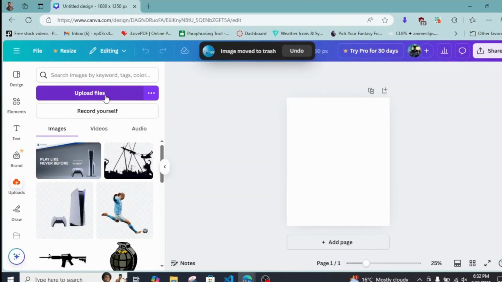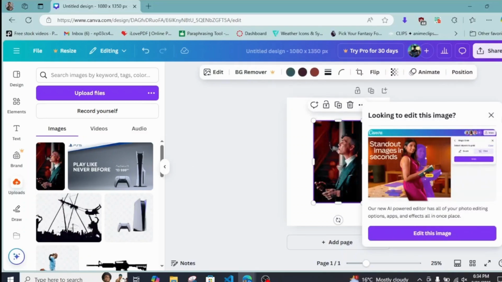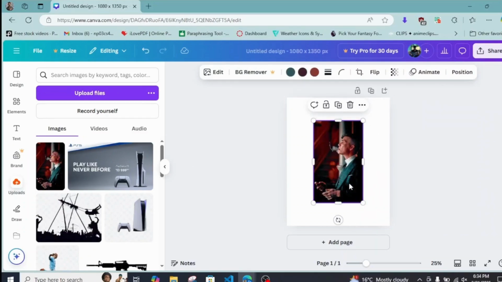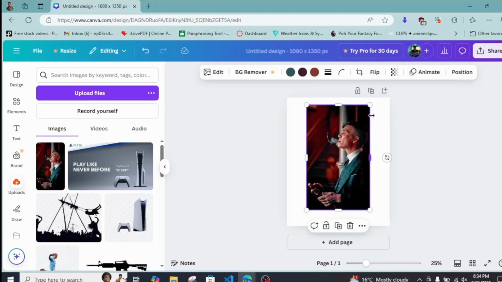So from over here, just upload any of your photos. As you can see, I've uploaded my one photo and it's being uploaded. So I'll just click on it and bring it over here. Now if I want to convert this photo to a cartoon, what I can do is simply click on,